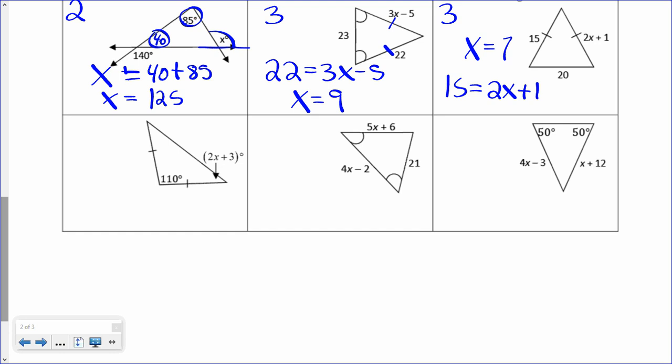The same. I understand, but we're trying to find angles. Which theorem are we using? Third. The third theorem says that if two sides are the same, then